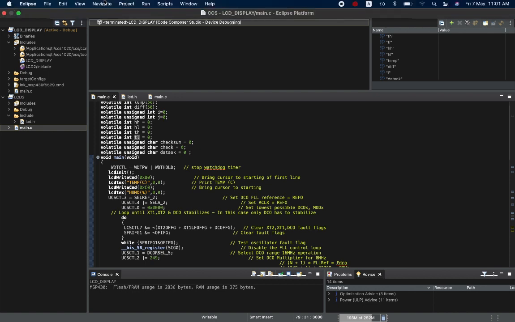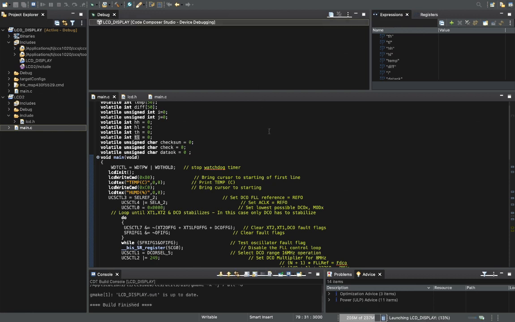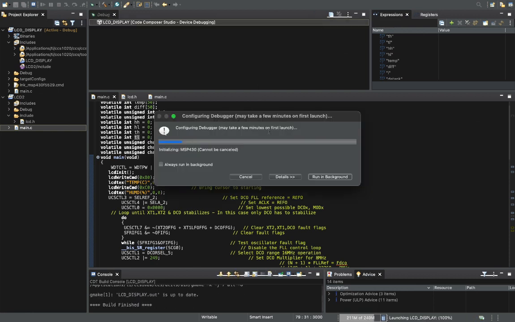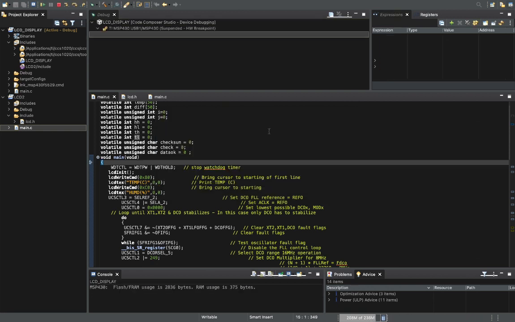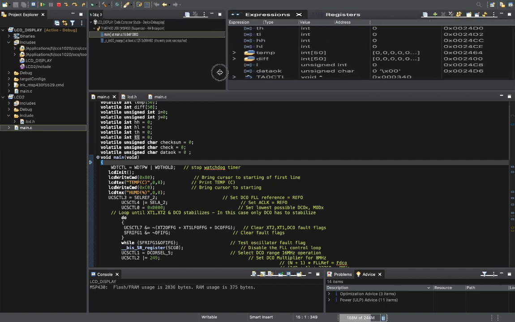For this one I will go here, I will debug. Here you can see in this window we will show all the data. I will make it big.